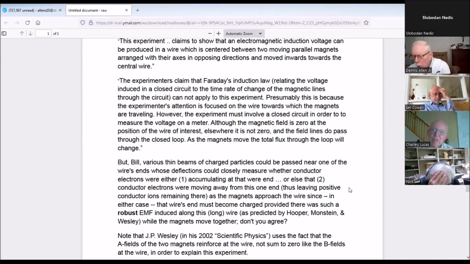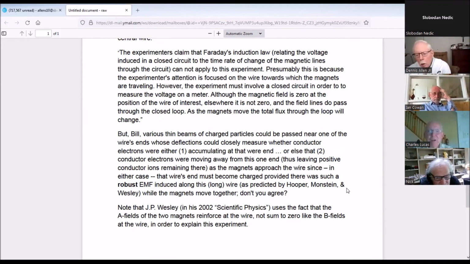Some of these type questions are answered in my work, because the 8 empirical equations that were first discovered in electrodynamics have been improved, and they can explain these things now with the improved version. Well, but that's saying you're taking theory over experiment. What I'm asking is, if an experiment were done not with a closed circuit, which as you point out is wrong, but with a beam of particles and measuring the deflection,